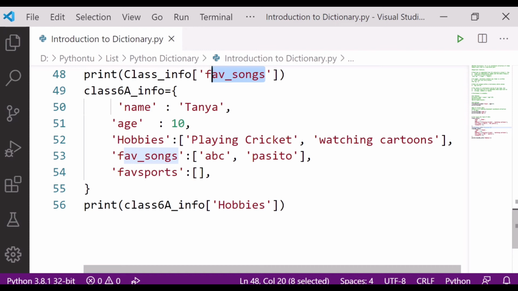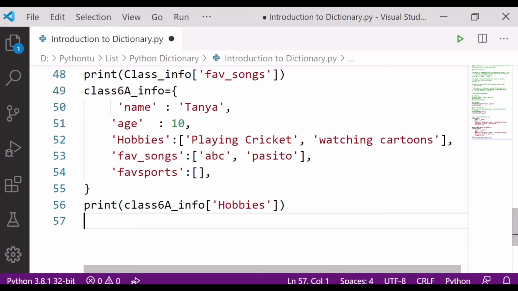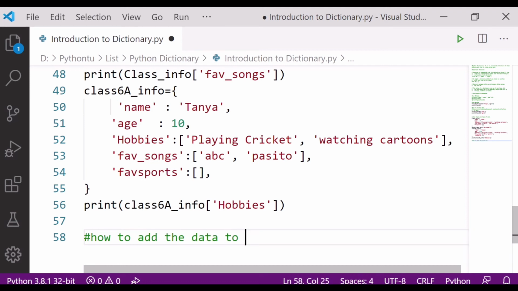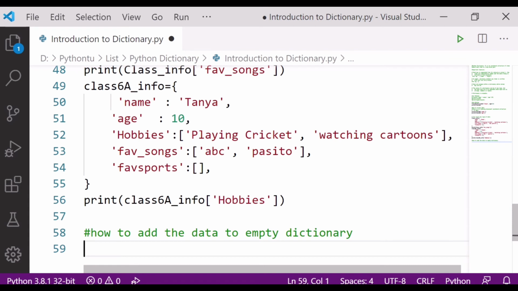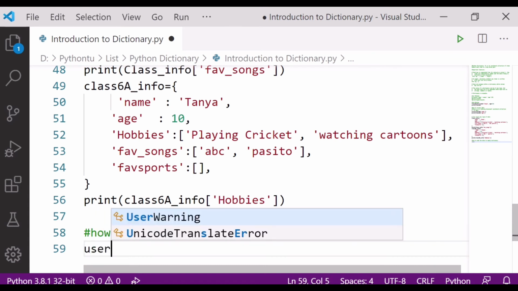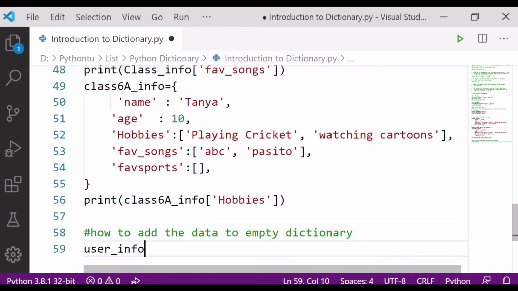Now the next thing is, what if you have an empty dictionary? Let's see how you can add data to an empty dictionary. Just suppose I'm creating an empty dictionary, like user info, so here it is empty.